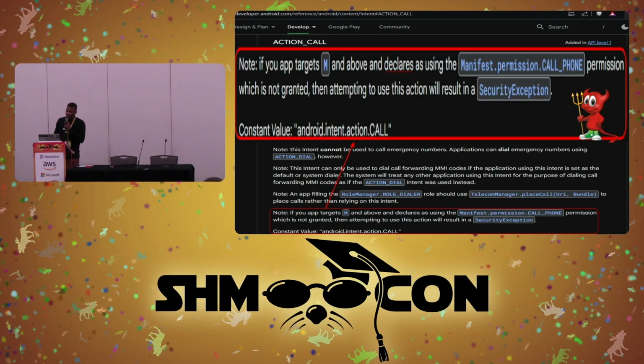Note, if your app targets M, which is Android Marshmallow, otherwise known as Android 6, and above, and declares using the call phone permission, which is not granted, then attempting to use this action will result in a security exception. So I got some additional feedback after reporting this issue, and essentially what this boils down to is, I like to look at it as